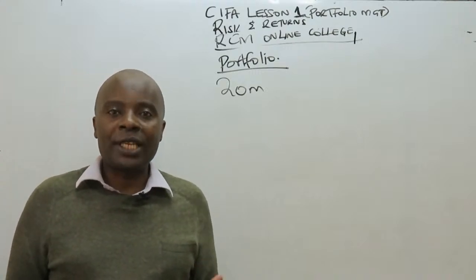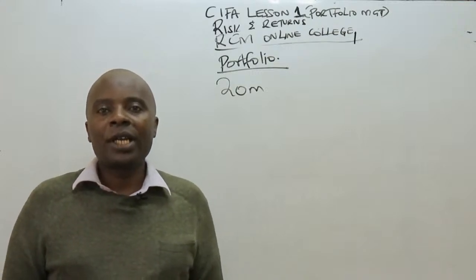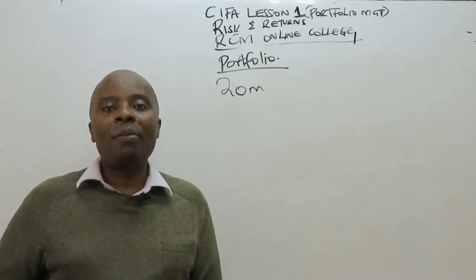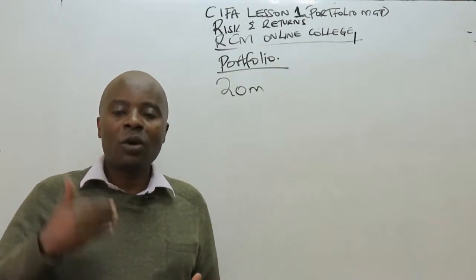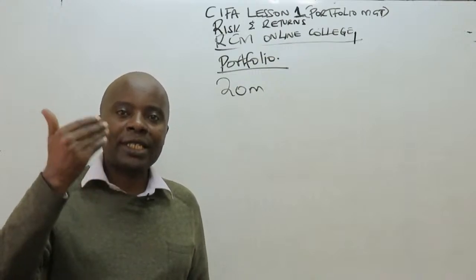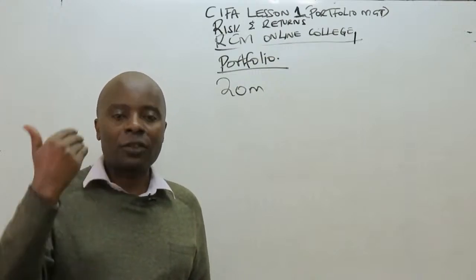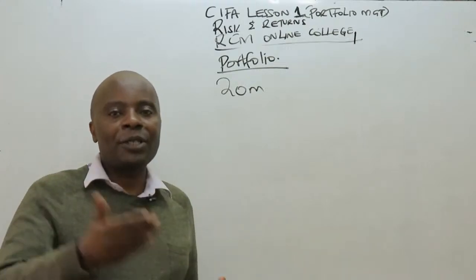So quite risky. But when you go to, for example, investing in government bonds, what do you know about government bonds? Ladies and gentlemen, government bonds will always attract what we call fixed coupon interest rates. So the rate of return is fixed. Year one, you're getting 10 million. Year two, you're getting 10 million, perhaps year three, 10 million,